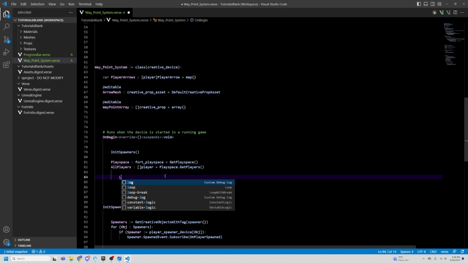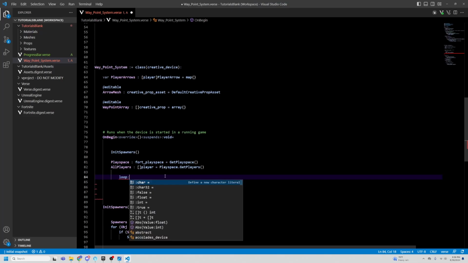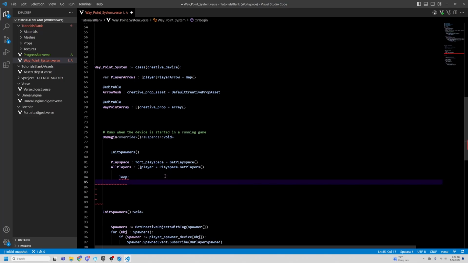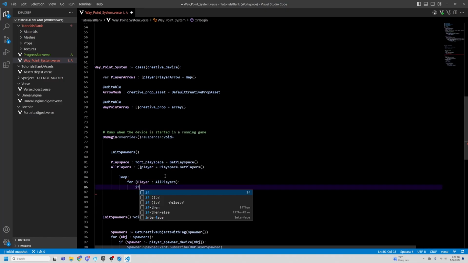And then we loop. So for every player, now we want to update every loop. Every time the game updates, we need to update our player's waypoint so it points in the right direction. So for every player in all players in our all players array, we go if the